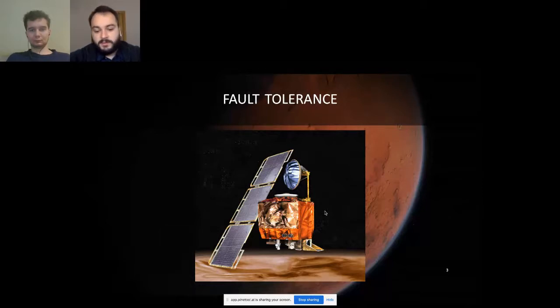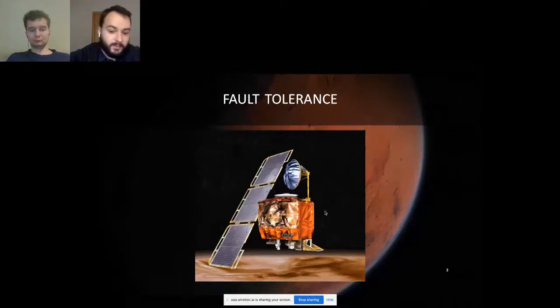It was supposed to enter the orbit of Mars at a distance of 226 kilometers from the surface of Mars. But unfortunately, it entered the Mars atmosphere at a distance of 57 kilometers from the surface, and it burned up in the atmosphere of Mars.